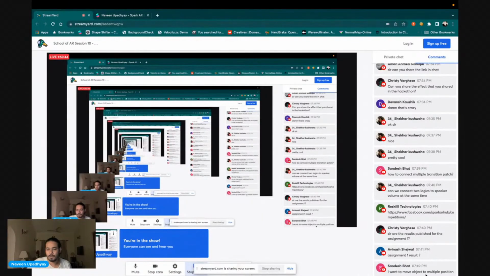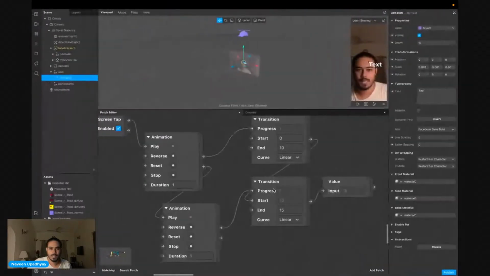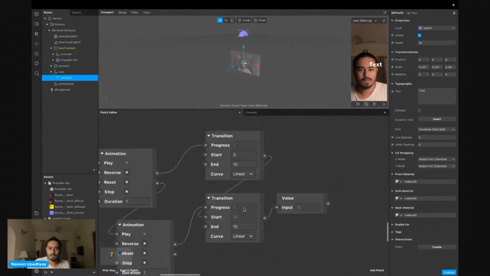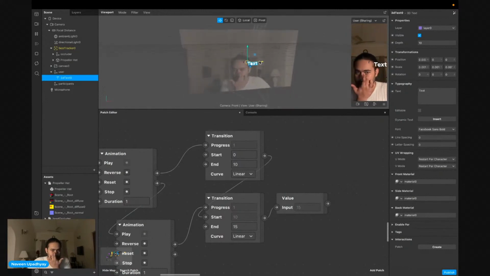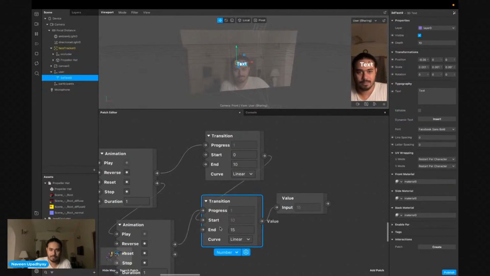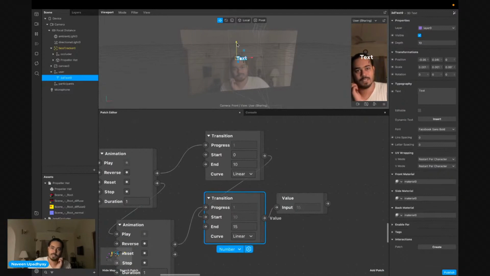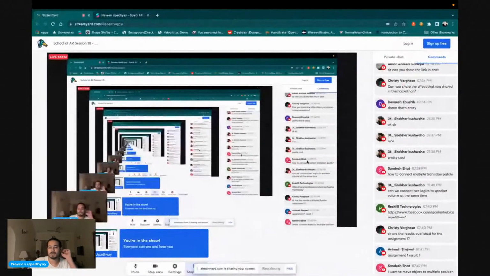You want to move the object to multiple positions. Okay, so yes, you can use the similar concept. Let's say your object was initially here, then you wanted 0 to 10, so the object moves here, and once it is here, then the next position is somewhere else in the y, so this transition can control those values. This is the exact way to answer your question.